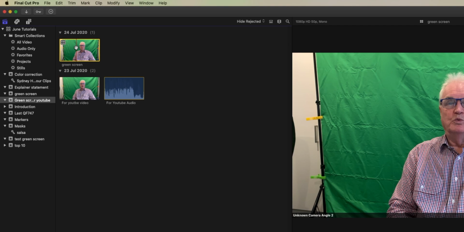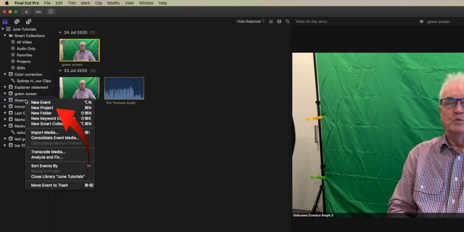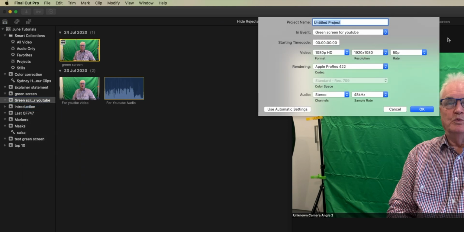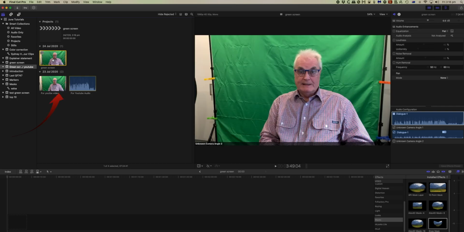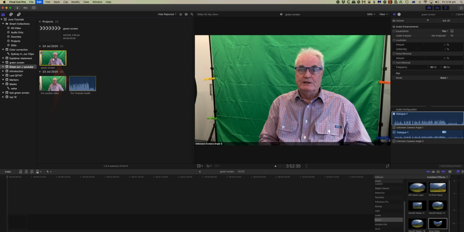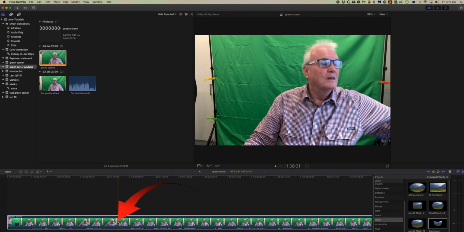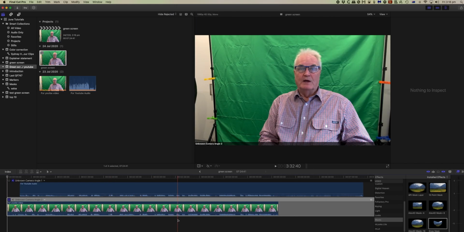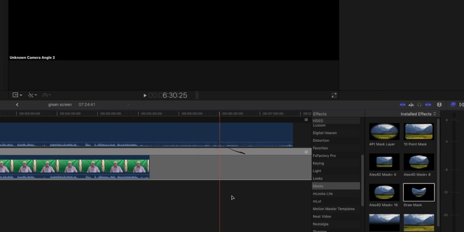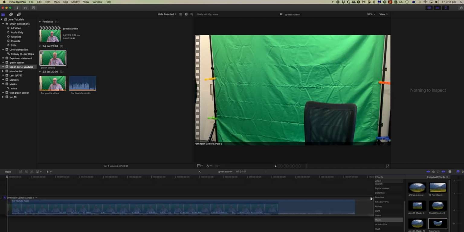So what we need to do with this is to import it directly into a new project. So we can select a new project here. We'll call that green screen as well. And we'll import the multicam clip by pressing E on the keyboard, which will bring it into the timeline. We can double click that. And perhaps the first thing to do visually will be to select these little bars here and drag the audio